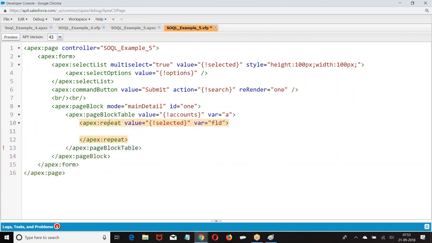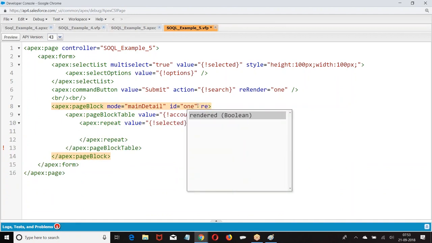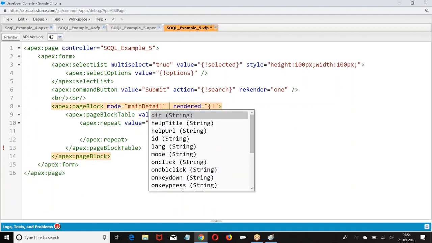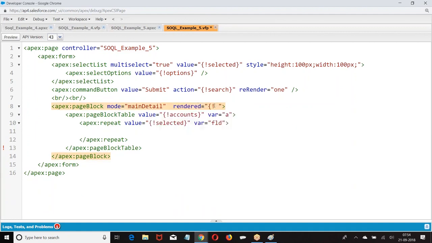What is that A? A is a record, and FL is a field: field 1, field 2, field 3, and so on.